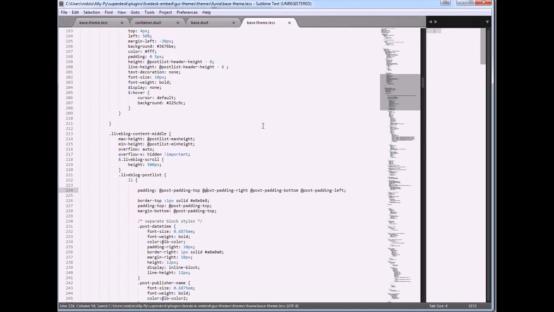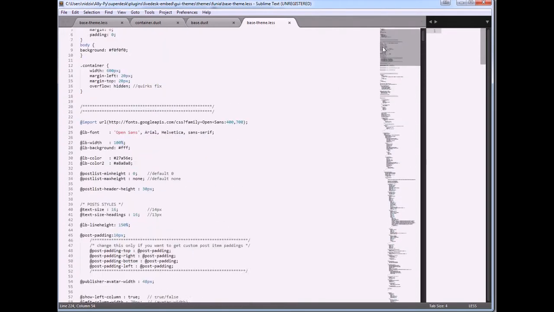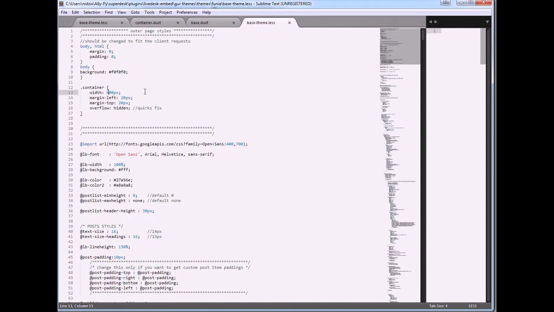Also, I want my blog a little bit wider. To change the width of the blog, you shouldn't change the width here. By default, the live blog is covering 100% of the outer block, so it is better to just change the outer block width.